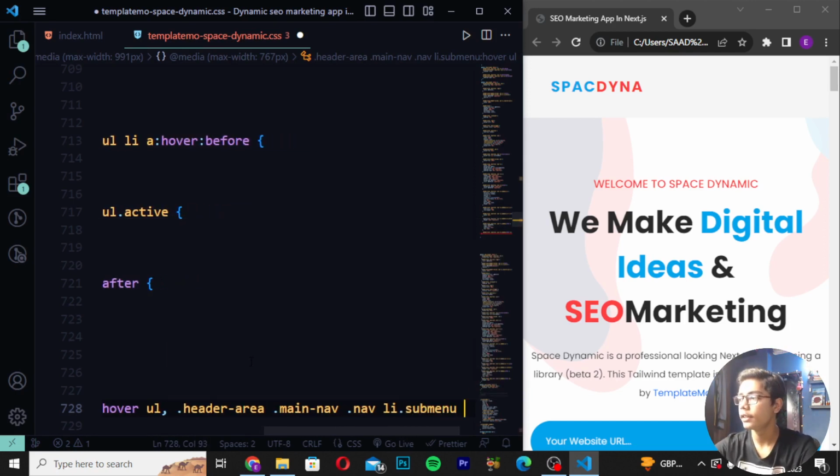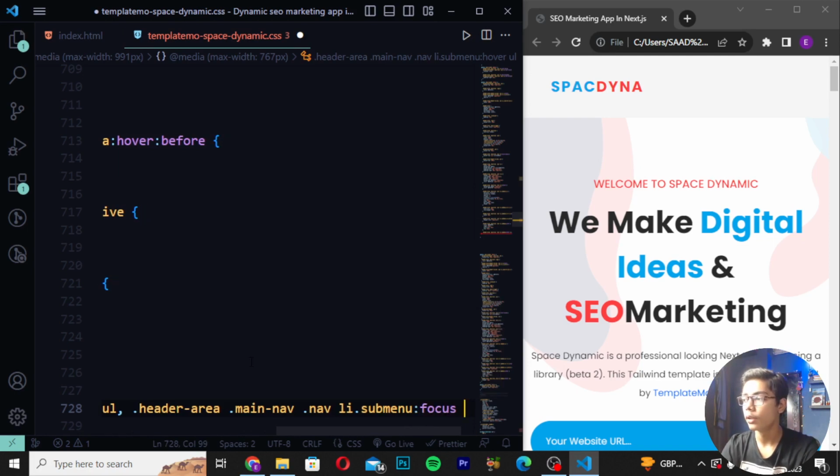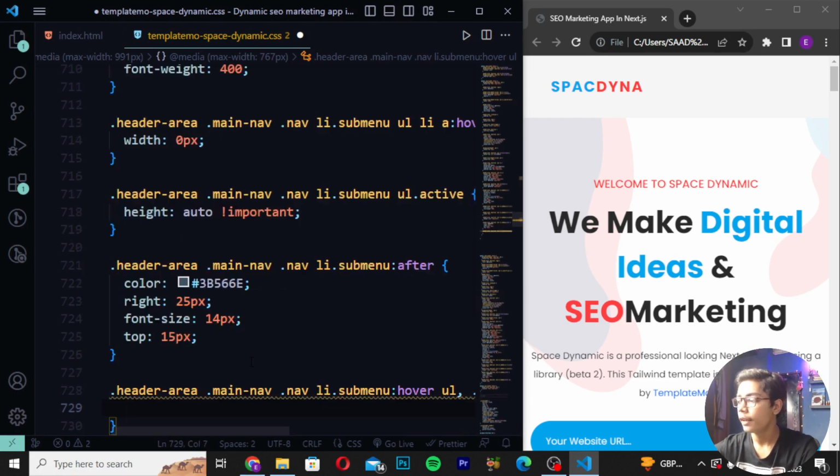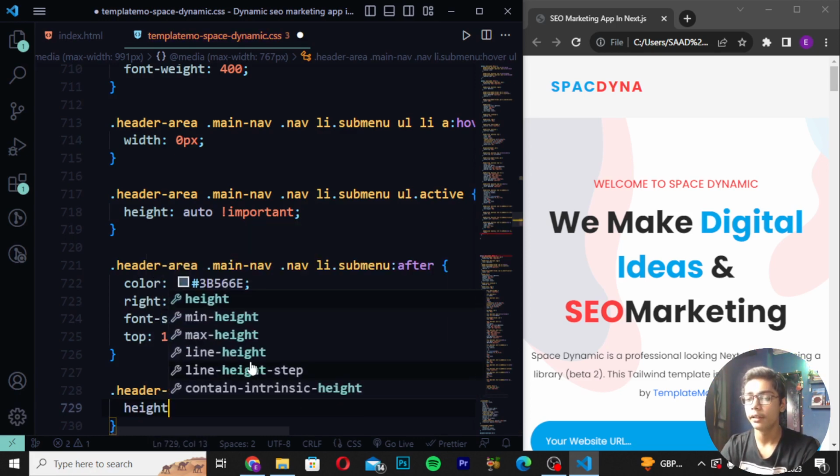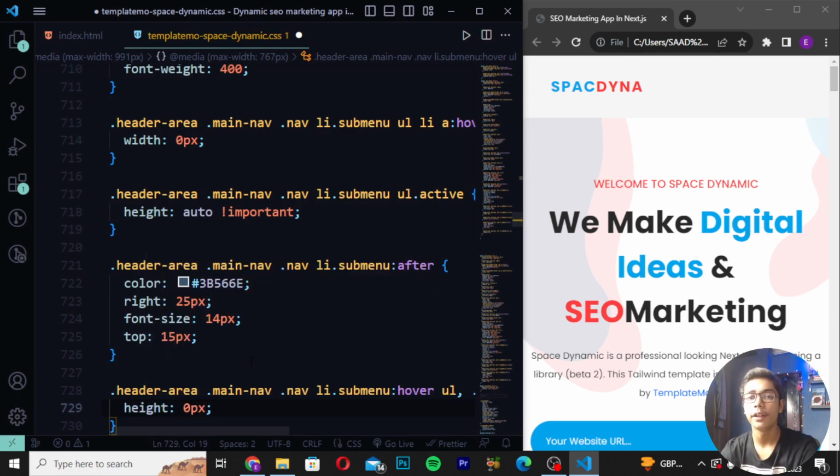And after writing this tag, you have to now just set some of the other things as well, like we have just written submenu, and now this time I will be writing submenu and then write here colon focus, and I will be writing UL. Then after writing all that stuff here, you have to now just set its height. So its height should be 0 pixel, like at the top we have written the width as 0